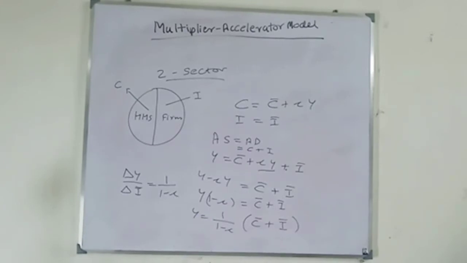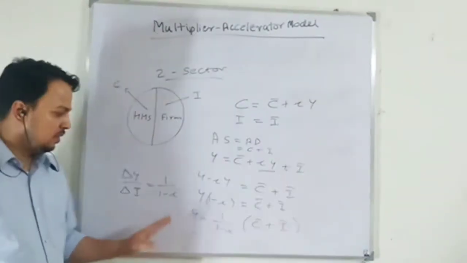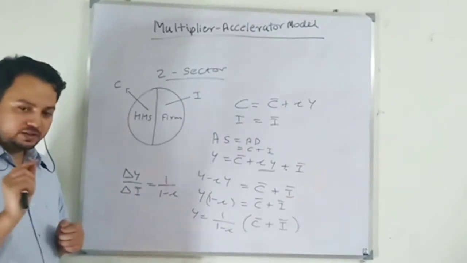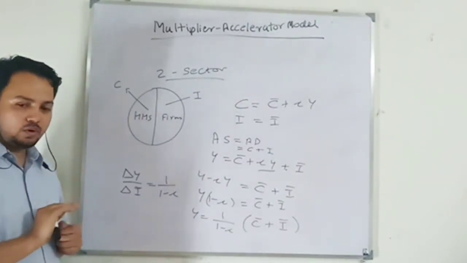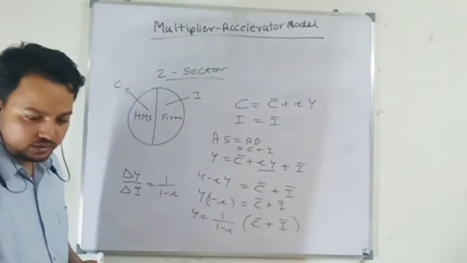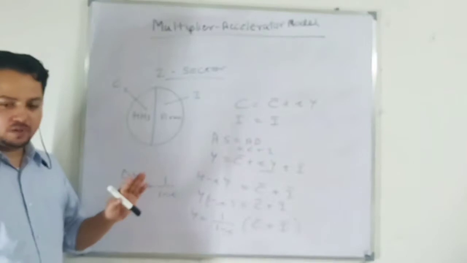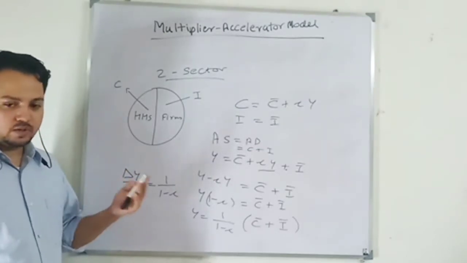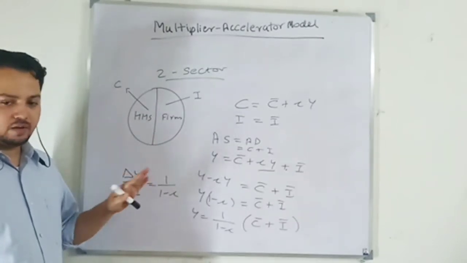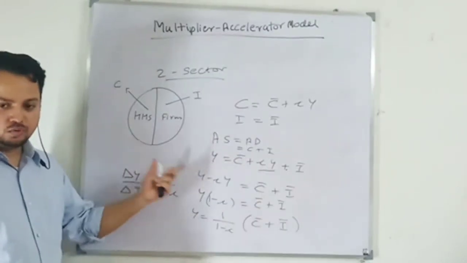So this part is clear to everyone, but the problem is the interpretation. Let me interpret this, because when we go into understanding acceleration and multiplier together, you should understand what is happening. I don't know whether you have worked on multiplier or not. If you have not, I have one video on YouTube; you should look at that. I will send the link. Just the last 5-10 minutes. Otherwise, I am going to do that for you also.